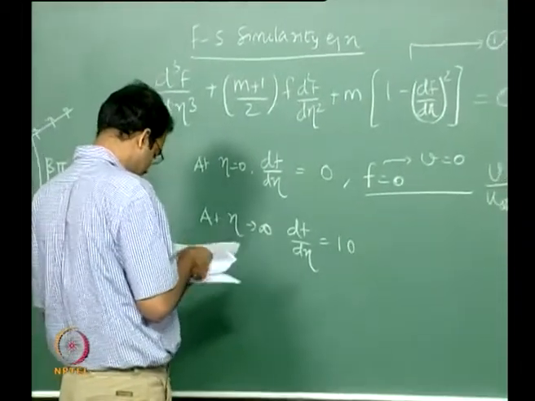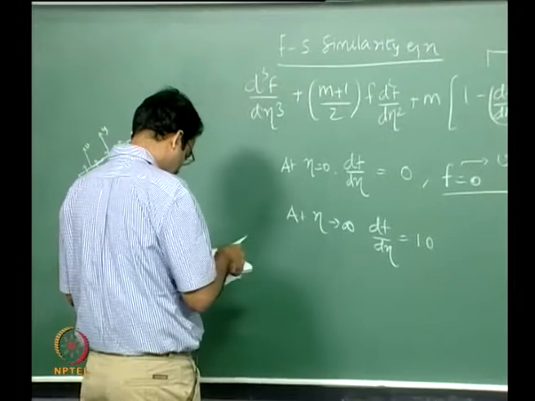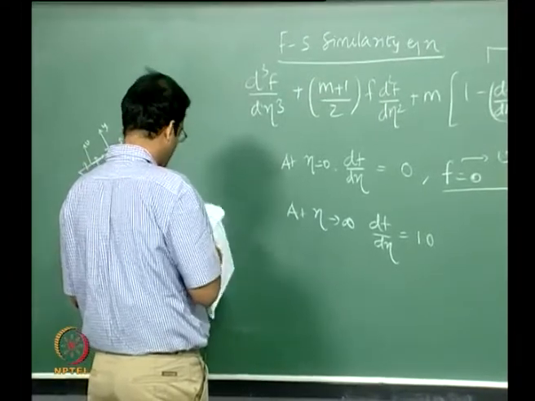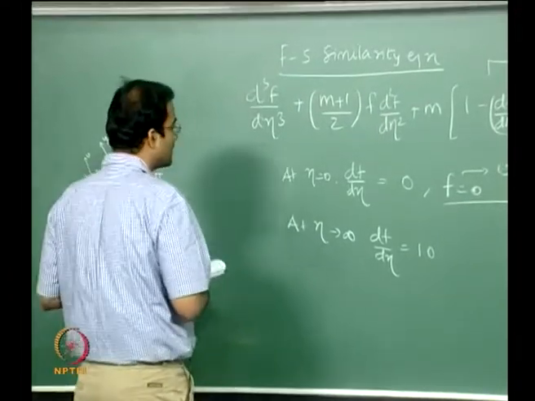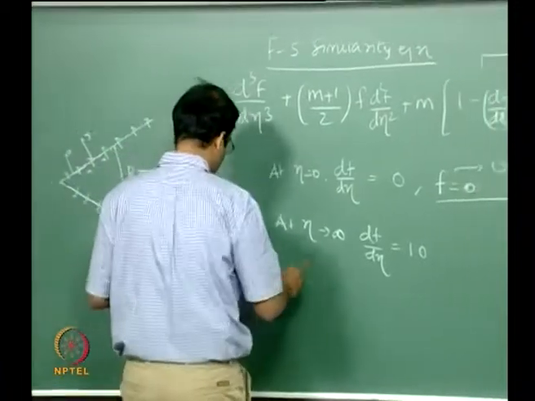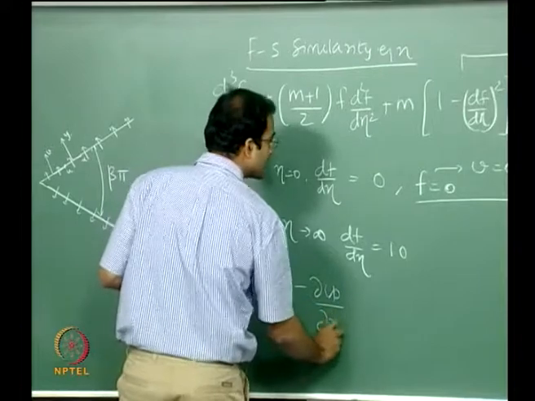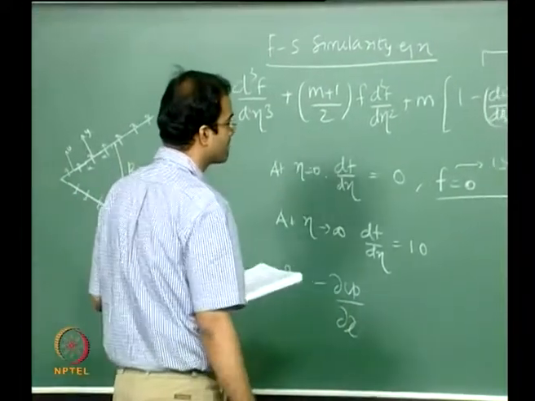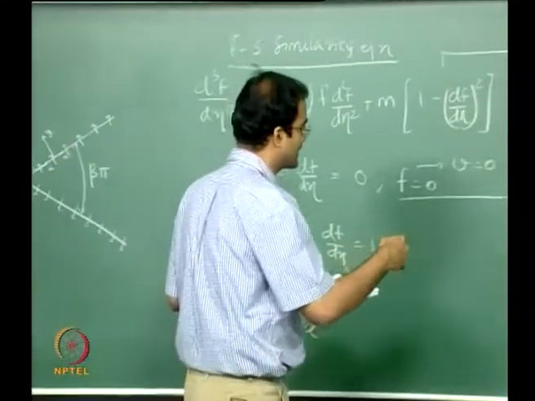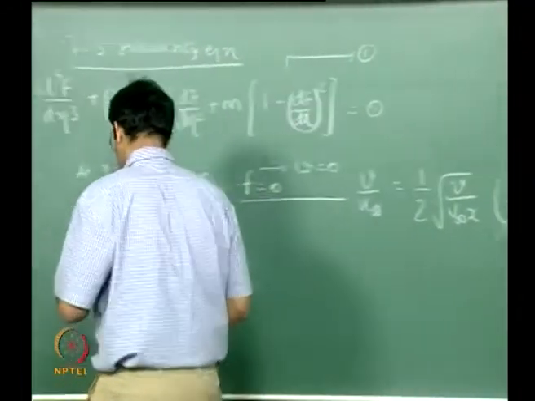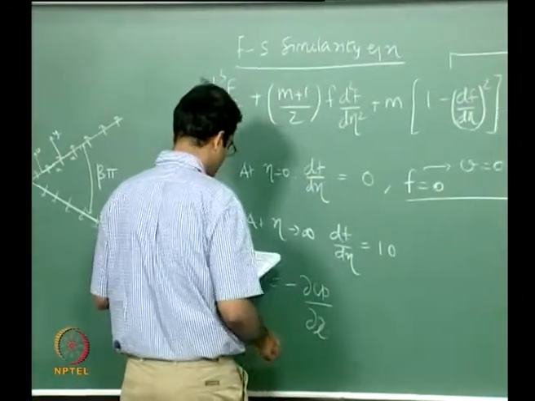So for this, let us look at what is the appropriate boundary condition. Now let us write down the expression for V. Let us derive it from first principles, because now your u infinity is a function of x. Okay, so let us derive from first principles and see how it looks.